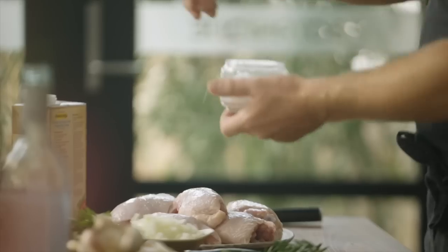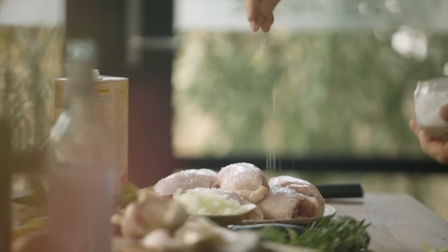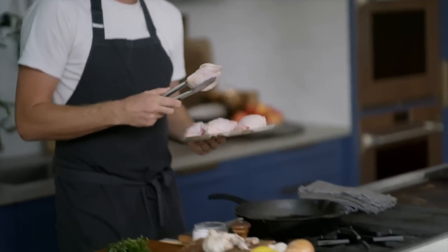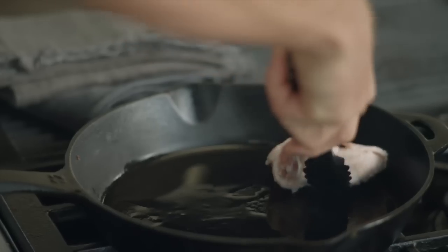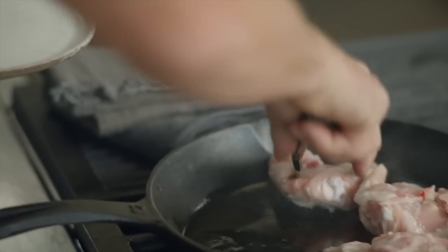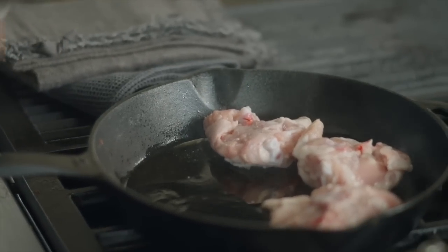In this case, we're using some chicken thighs, pasture-raised, free-range, from our friend Georgie at Brooklet Springs. We're going to pop a touch of olive oil into a hot pan. You just see a little bit of haze coming off the pan. So chicken straight in, skin side down. It's important to get the pan nice and hot. If you don't get it hot enough, it's just going to boil and it won't colour and render that chicken